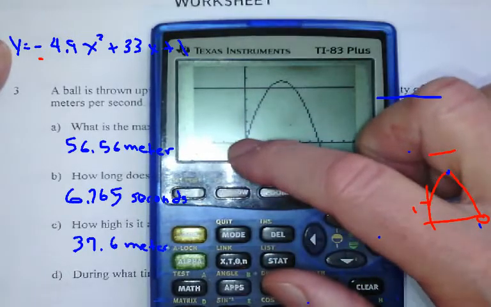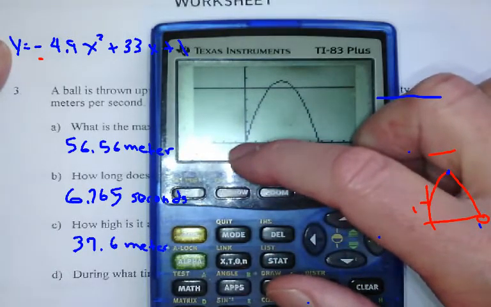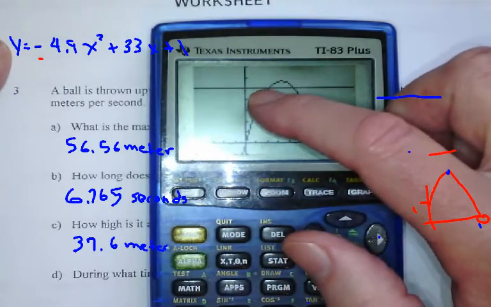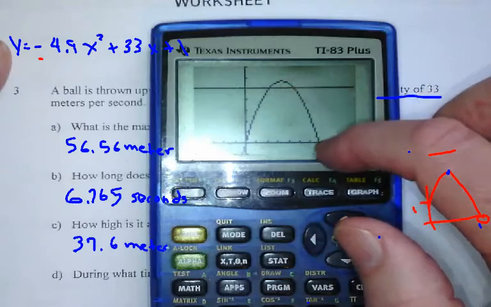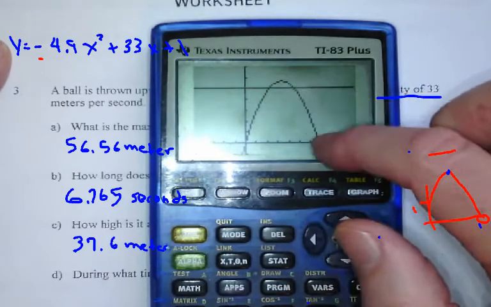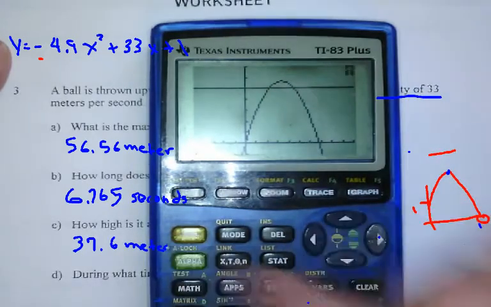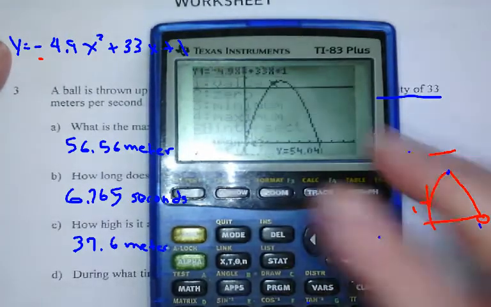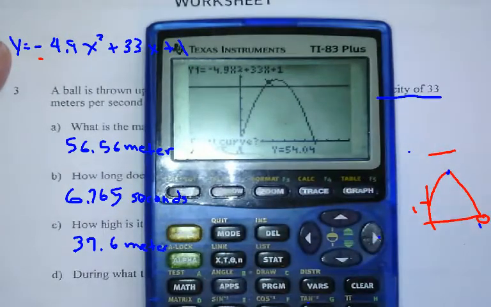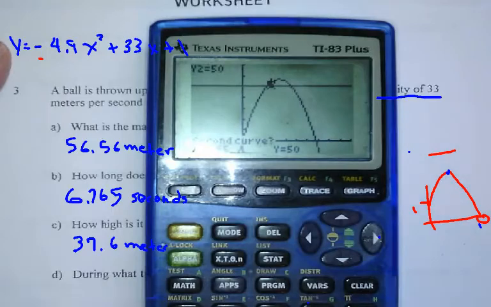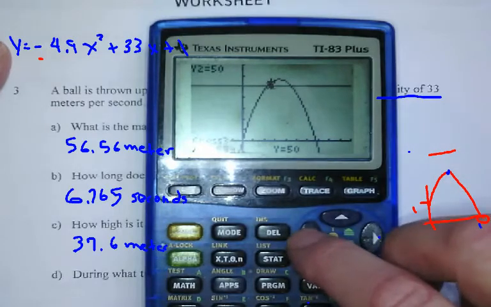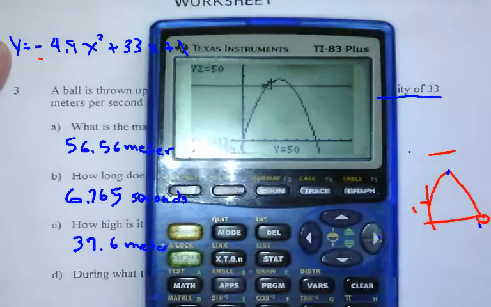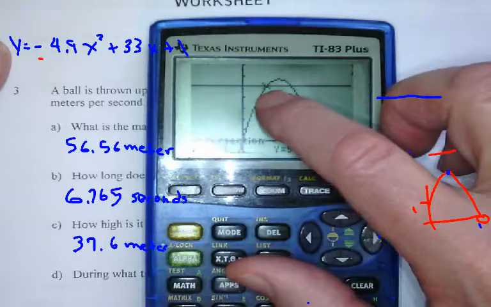So it starts at 1, and then it goes up, and then it comes down. So it goes past 50, comes back down. What are those two values? I'm doing the intersect menu, which is number 5. It says, are you on the first curve? Yes, I am. Am I on the second curve? Yes, I am. And then I have to slide over to where it is in that spot,